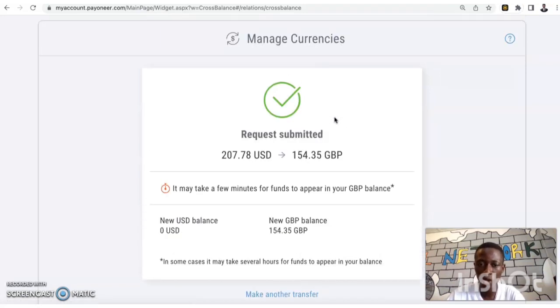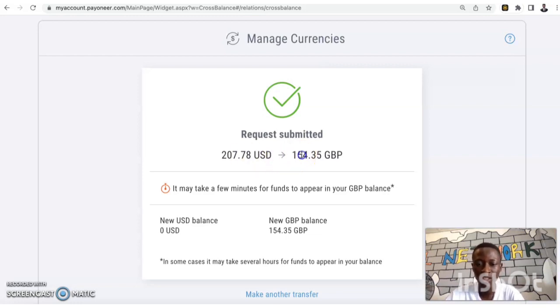You want to know how much you are gaining and how much you are losing when we do the conversion, swapping from one platform to another platform before finally withdrawing at a higher rate. So you have to calculate whether you still make profit or you make losses. So finally, I've converted my 207.78 USDT for